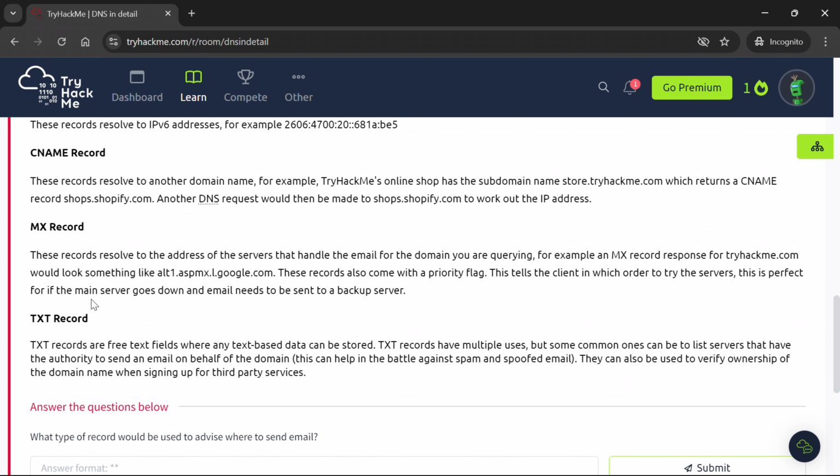These records resolve the address of the servers that are handling the emails of the domain. So let's say for TryHackMe, they have this domain that handles their mail servers, alt1.aspmx.l.google.com, and it can have multiple MX record domains. So let's say 3. Each one will have a priority flag, which is a number, and the lower the number is, it means the higher the priority is. So the domain with the lowest number will be the main domain of the mail servers that receives the mails